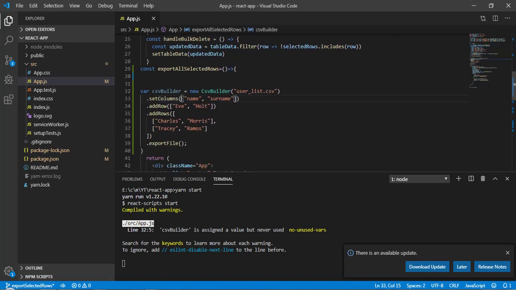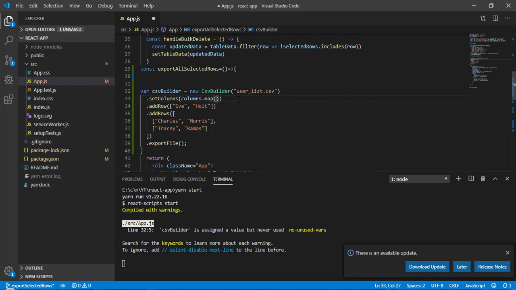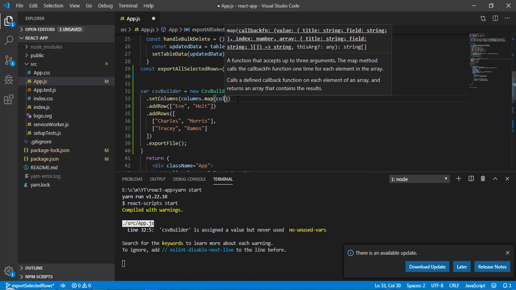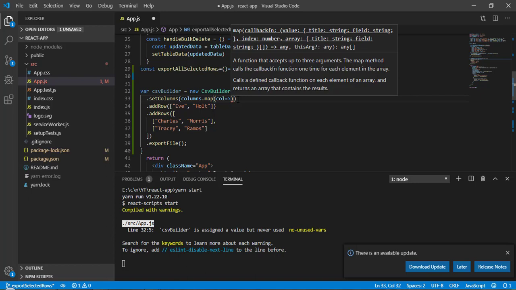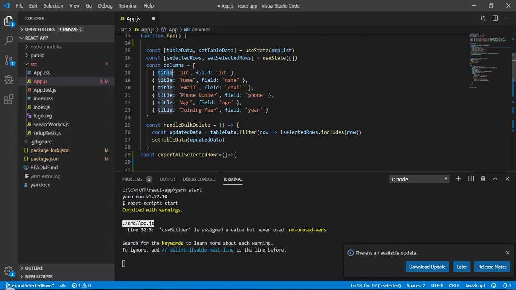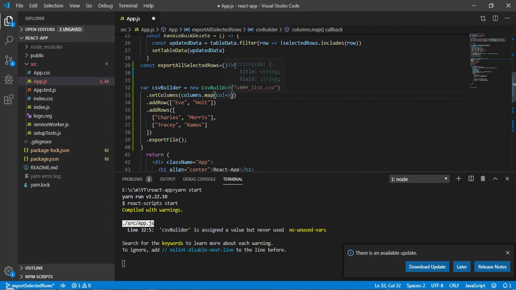For that, what I can do is remove this one and write column, and here I am going to use map. So map, and basically this is going to give me a single object, so I will call it col, that means column, and from here I am going to return only a single property, and that is going to be title. So here I will call it col.title.